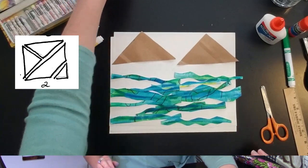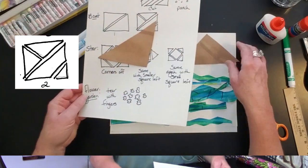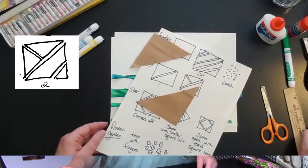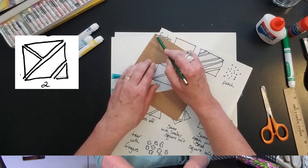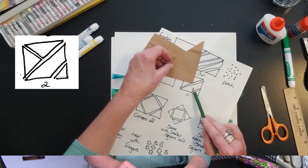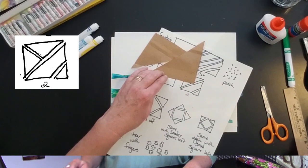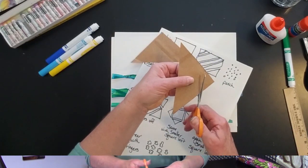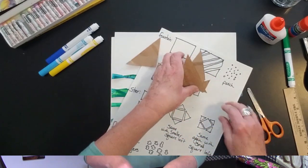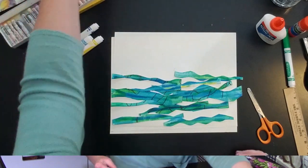Now this obviously isn't a boat yet. And you can see, and I'm going to line them up here because can you see here on my recipe, I've got 2 squares. Well, now this square right here, I need to cut in half again, starting from this corner. And this triangle, excuse me, I need to take and cut off this little corner here. So I'm going to do that, and I'm going to do that, which leaves me my 4 pieces, 1, 2, 3, 4,